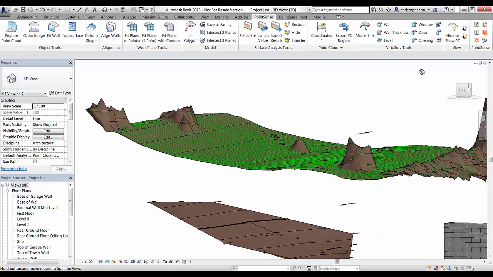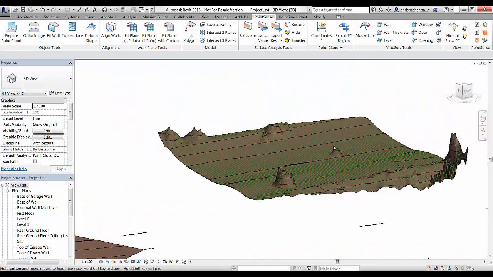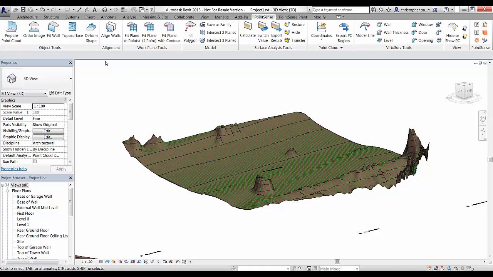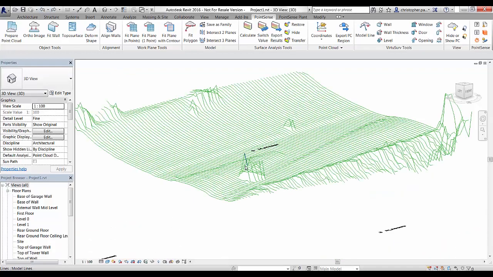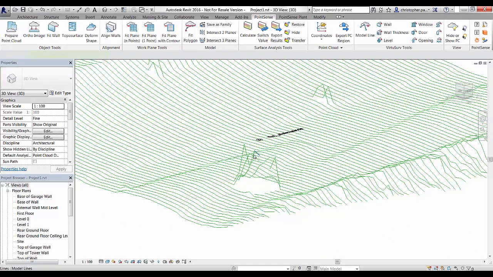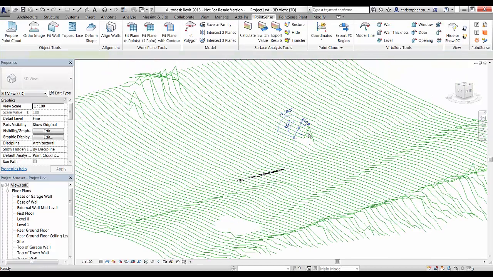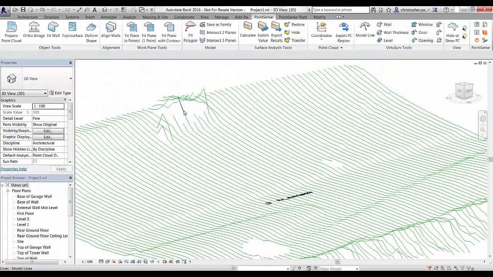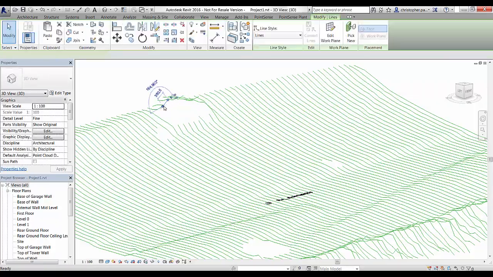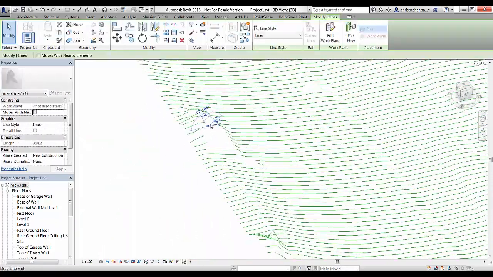The best way to deal with this would be to clean the point cloud first before bringing it into Revit. However, we're not able to do that, so what we're going to do is go in, and I've just sped the video up a little bit here, where I've gone in and deleted all of these points or lines that we don't want to include in the topo surface, so that we can get a nice smooth surface that's a reflection of how the actual surface is in real